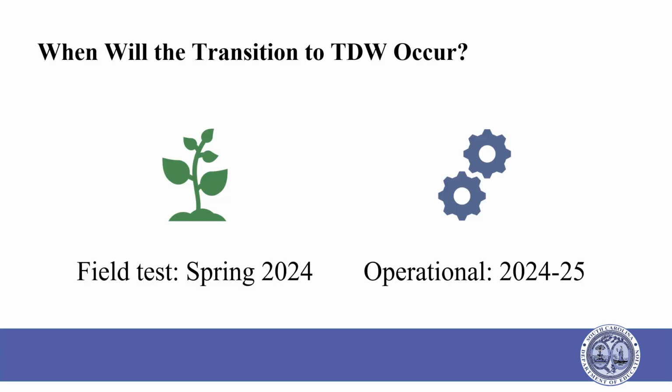In spring 2024, SC Ready ELA and the EOCEP for English 2 will assess the 2015 South Carolina College and Career Ready standards for the final time. This includes the TDA item. Also in spring 2024, districts will administer a standalone field test for the TDW item. This field test will contain only one TDW item. If you have questions about when the field test will take place in your district, contact your school testing coordinator or your district testing coordinator.